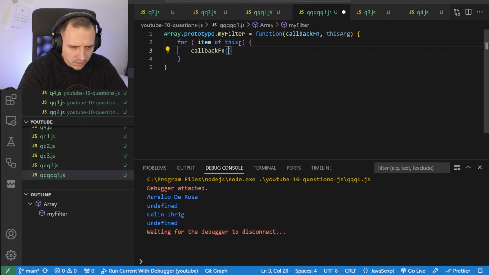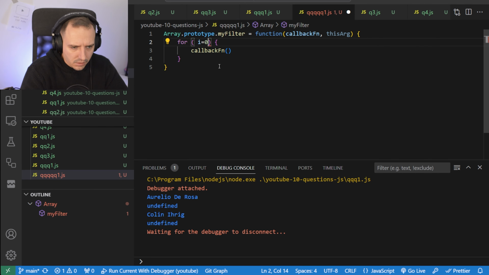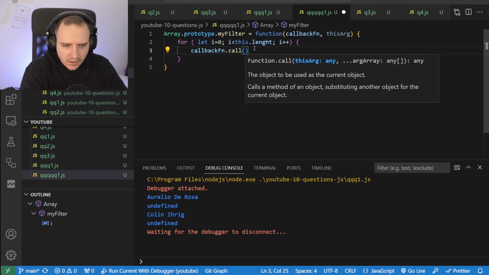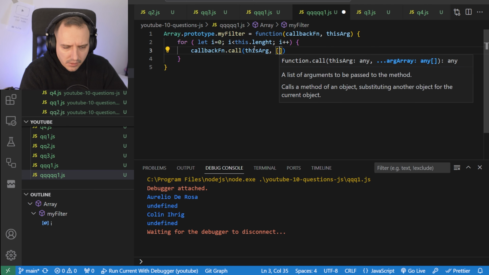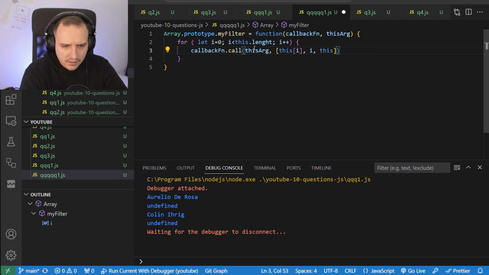We don't have an index right here, so maybe for i equals 0, or maybe we could do forEach. Is that better? We call the callback function, but there's this arg, so we should either bind or call. The first is the this arg, then the element, which is this i, the index, and the original array.